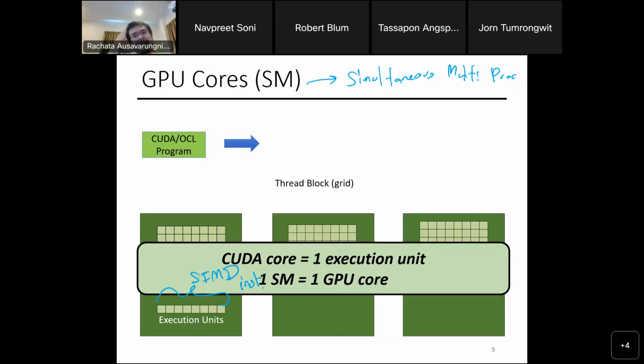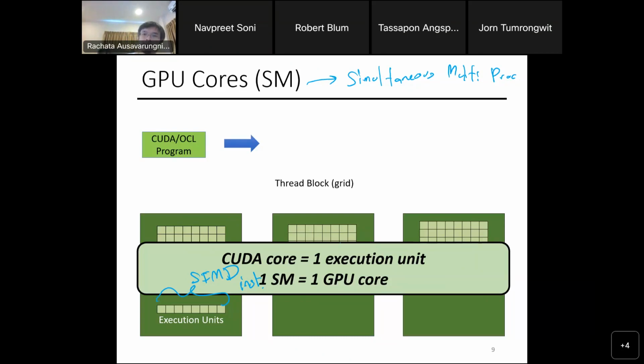But it does have some restriction that within those 4,000 execution units, some of those have to be in a SIMD instruction. It means that I can only issue one instruction operating on, say, 30 different pieces of data, right? So it's a little bit more restrictive. And in fact, the CPU counterpart has its own SIMD unit too, because there are SIMD-like things on the Intel processor as well. So you can run SIMD operations to some extent. So if you want to compare the core, I guess you look at the SM and then you look at the CUDA core. That's additional information to figure out, okay, within the same SM,